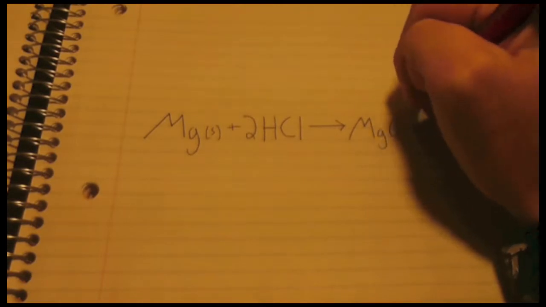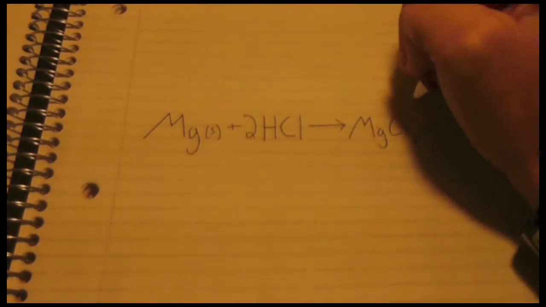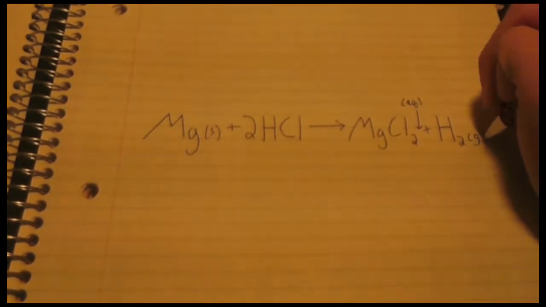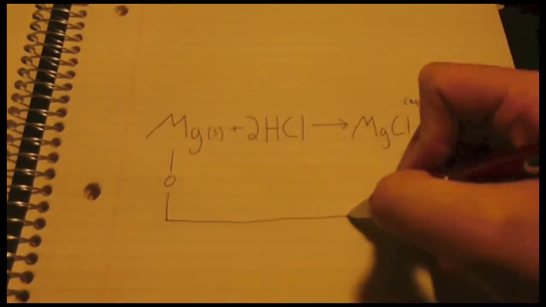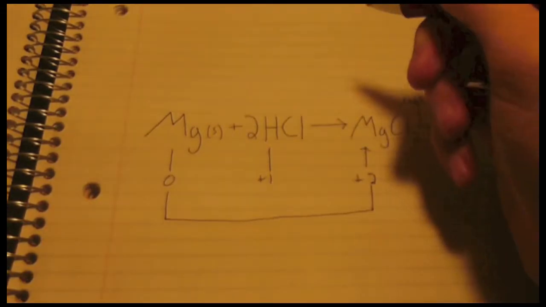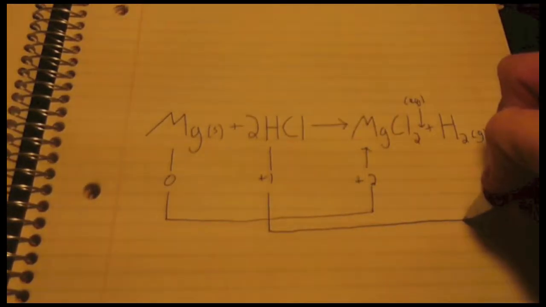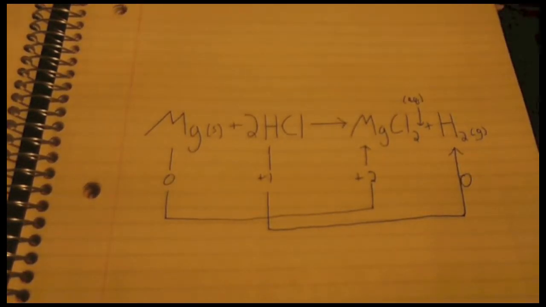And in this reaction, we see that the magnesium, which previously had an oxidation number of 0, has changed to have an oxidation number of +2. And the hydrogen, which had a previous oxidation number of +1, has gained electrons and has an oxidation number of 0 now. In order to tell whether a certain metal will be able to be oxidized, we use what's